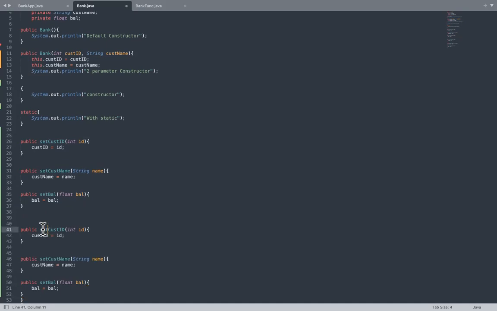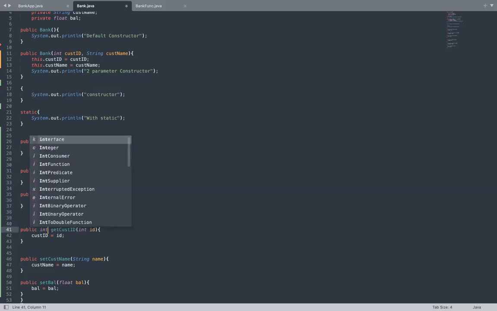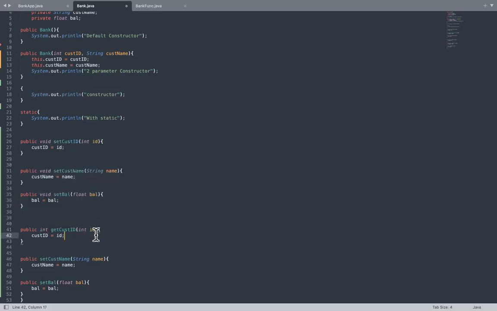And all your setter methods will be with void return type, and all your get methods will be there with the return type. So all your setter methods have a return type as void. Since you're typing in the editor, you're having difficulty to type it.